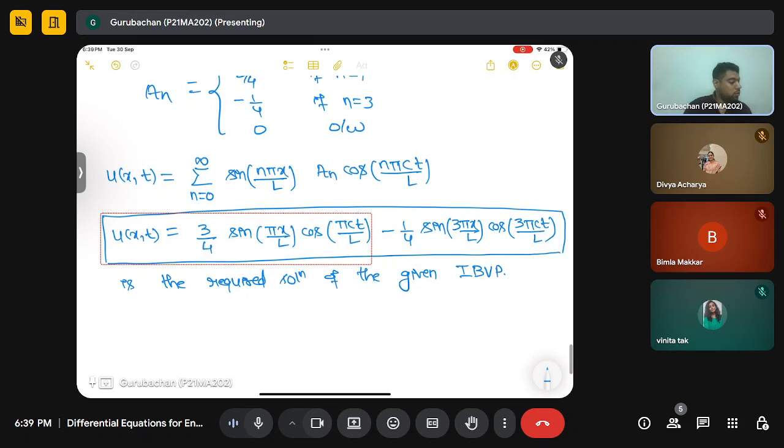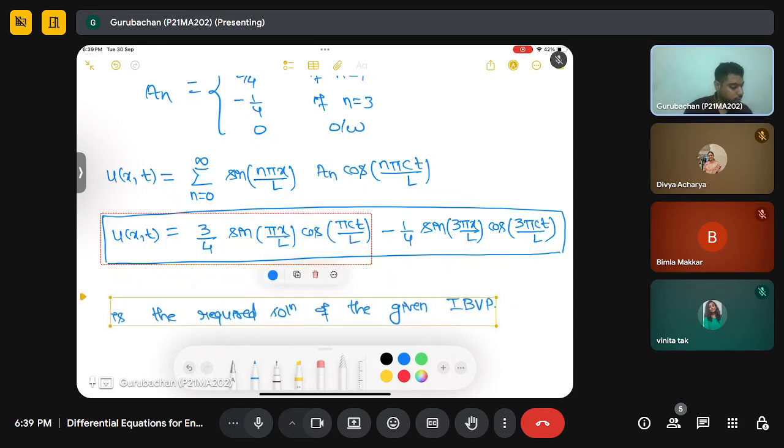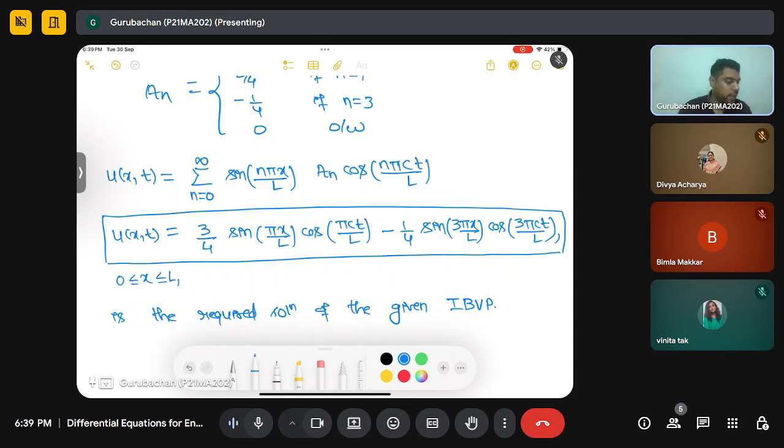And also let me write the domain of our solution. So this is for 0 less than x less than L and t should be greater than 0. So this is the required solution